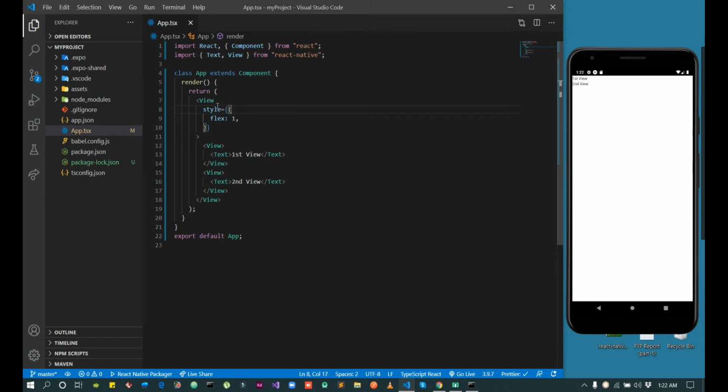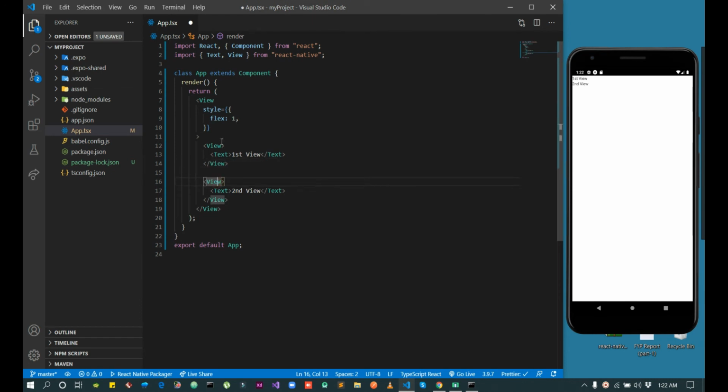I give flex 1 to the main view, which is the parent of these two views. Now I want to divide its place, which is the whole screen, into two views. This first one is this, and the second one is this.